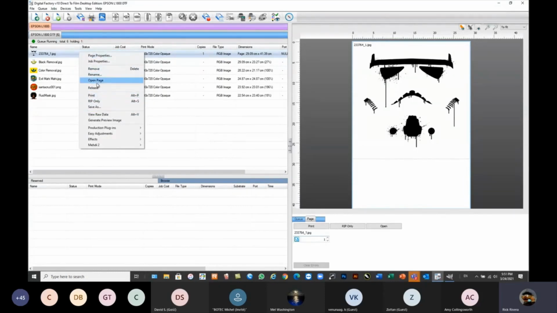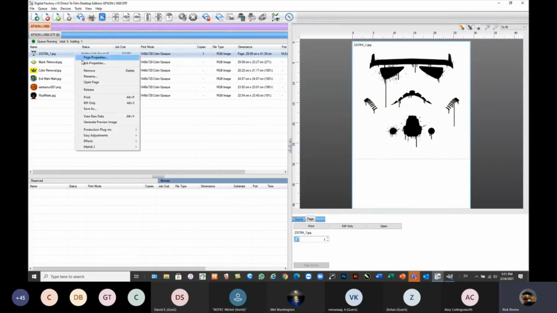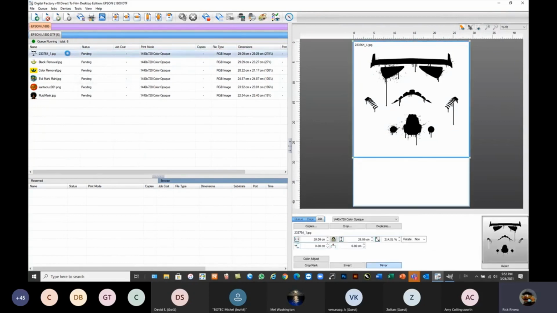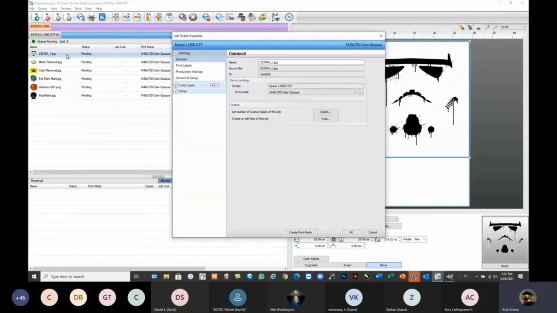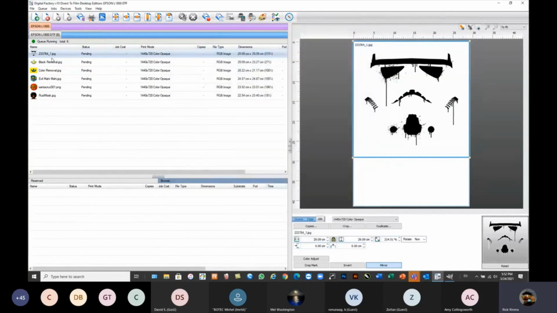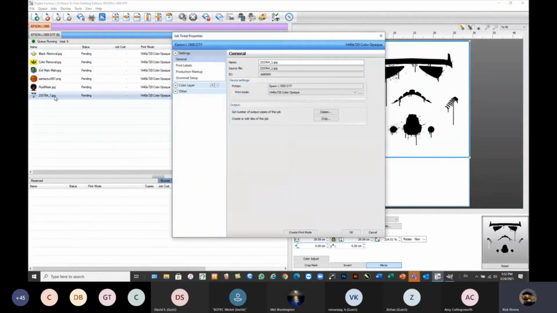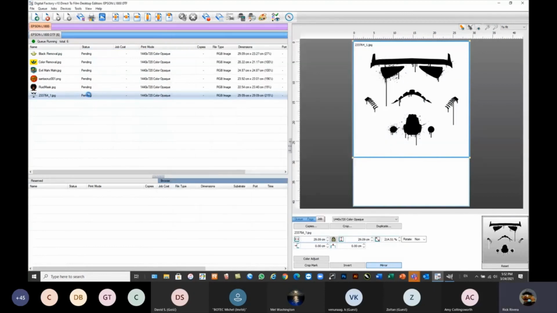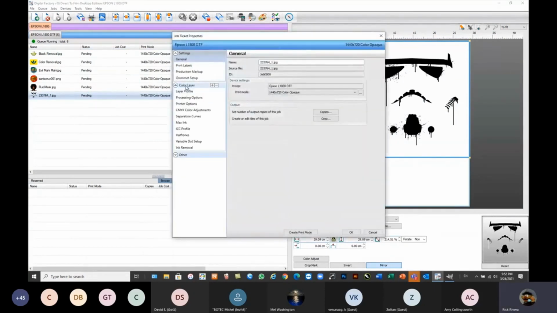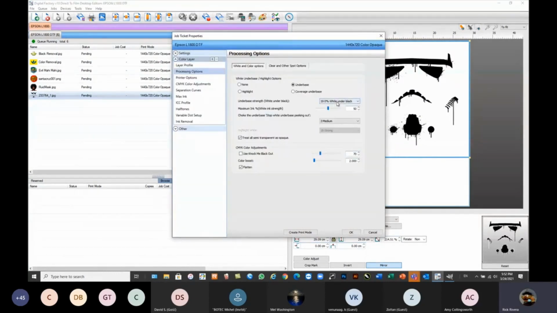So what I actually want is, so what I have to do is open this, okay? And if you want to modify a print setting, you can do it a few ways. You can simply double click on the job. Whoops. We could double click on the file, open the color layer, and here is where we can go in and modify our settings. So obviously I have 0 white under black. So that's why in the preview it only showed the outline of white and didn't show the black. So if I do this